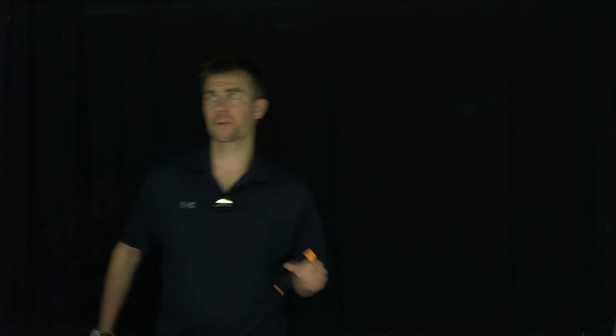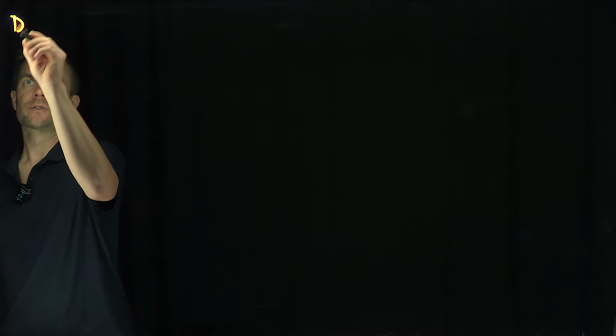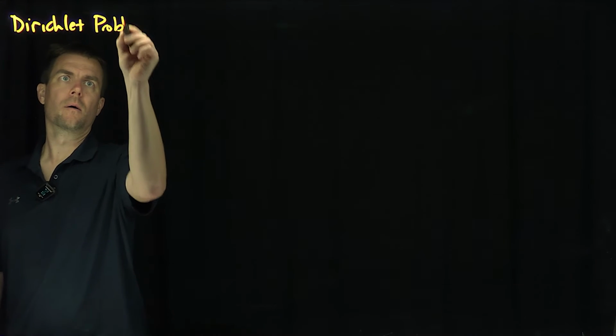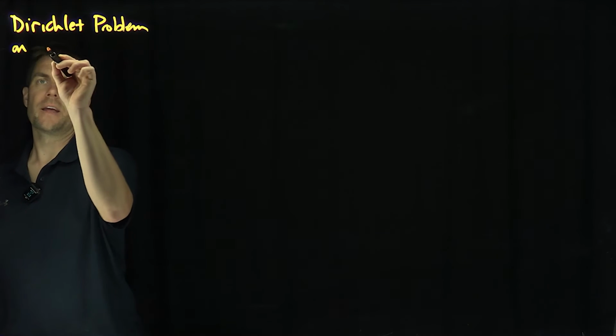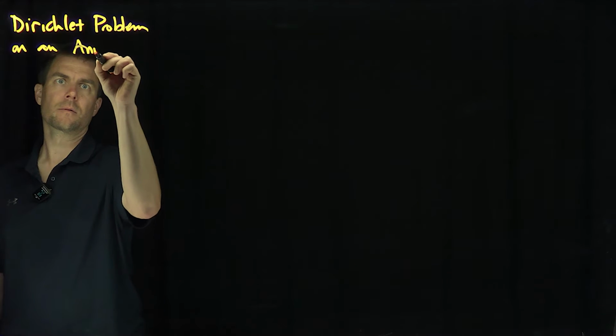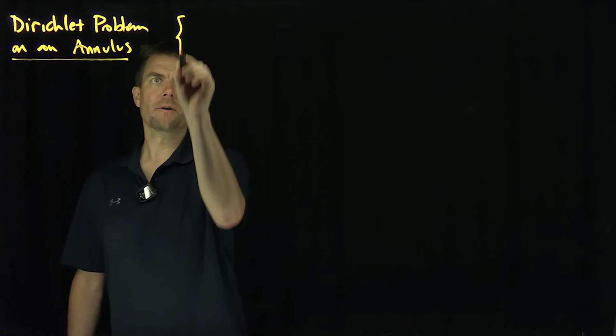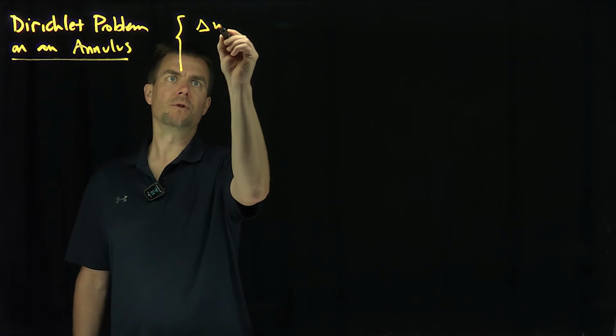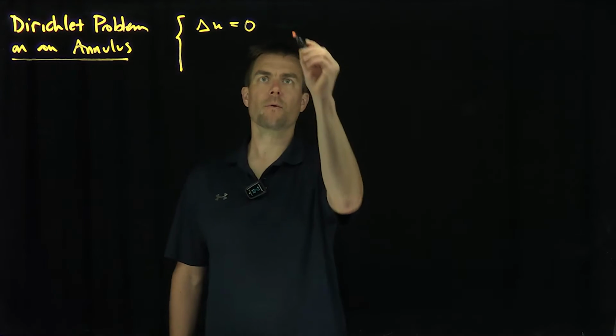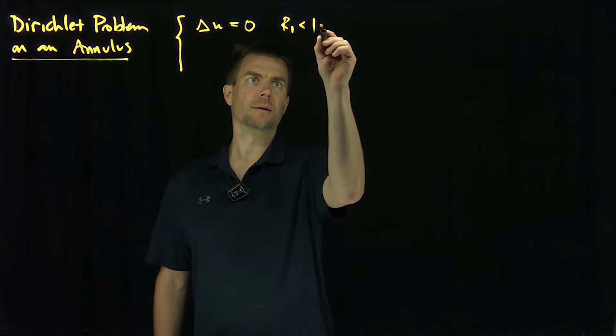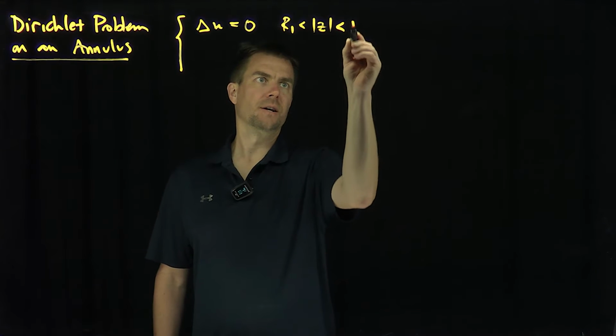Hello students, in this video we'll consider the Dirichlet problem on an annulus. Let's consider our Dirichlet problem on an annulus. Okay, and so what will this look like? It's going to be the following problem. Laplacian of u is equal to 0 for r1 less than mod z less than r2,